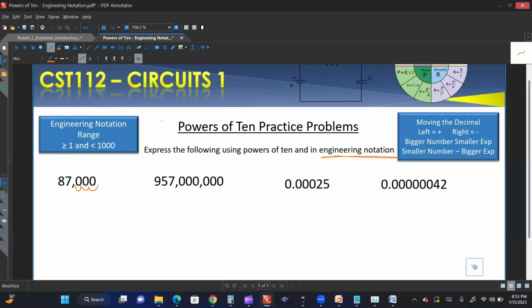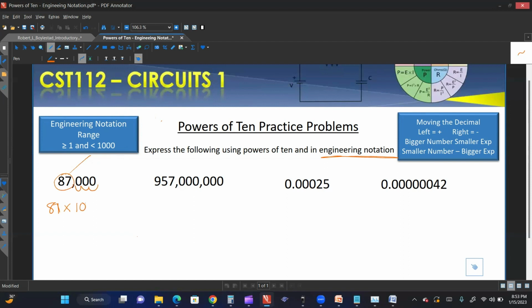If we move this decimal 3 places to the left, it makes this number smaller, so it'd be 87. 87 meets this criteria, so therefore this number will be in engineering notation, and it will be written like this: 87